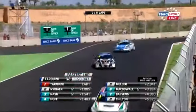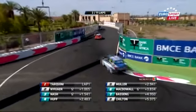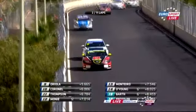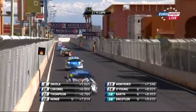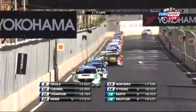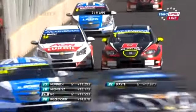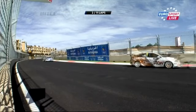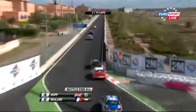Well, the last two world champions squabbling over this position now. Rob Huff in the red, white and black All-Inkl Motorsport Seat, car number 1. He's in 4th place. Ivan Muller is right behind. And of course, Muller knows what a Seat can do because he raced for Seat before Chevy, but also Huffy knows what the Chevy can do, where it's stronger than his car, so he will do his best to try and defend in those areas, and that means denying Muller under braking. Yeah, these two have raced nose to tail, side to side, door to door for the last 3 seasons in the same kit, so they know each other inside out, they know each other's tricks. You know, Huffy's got a new lease of life with the...